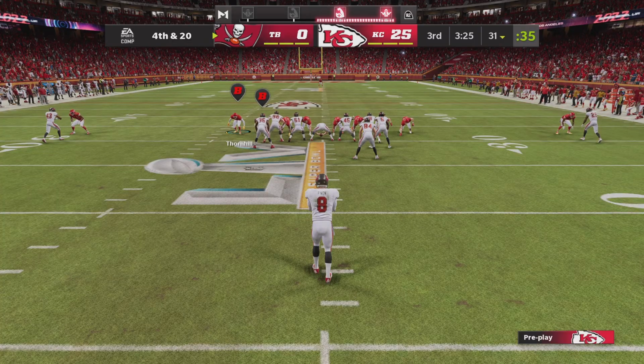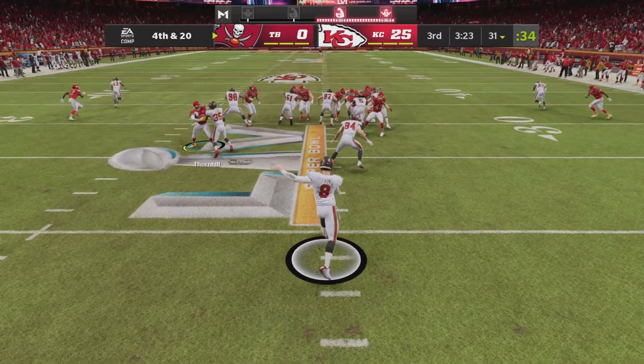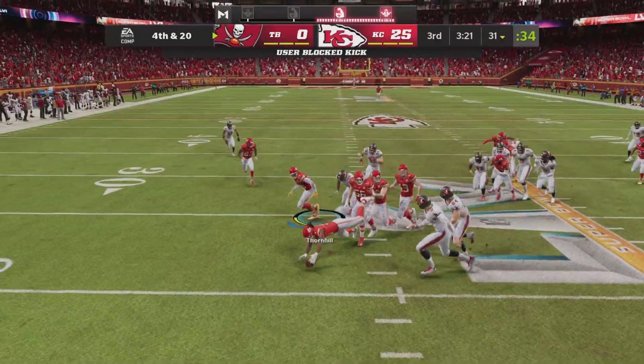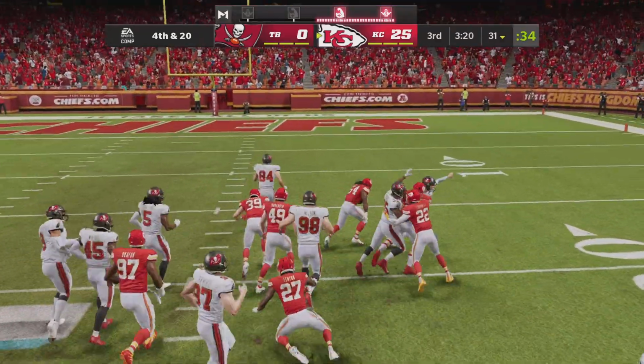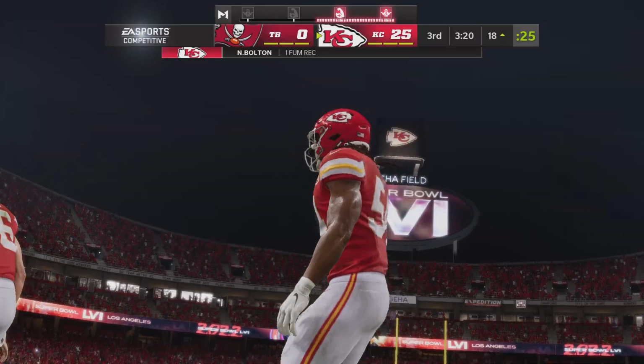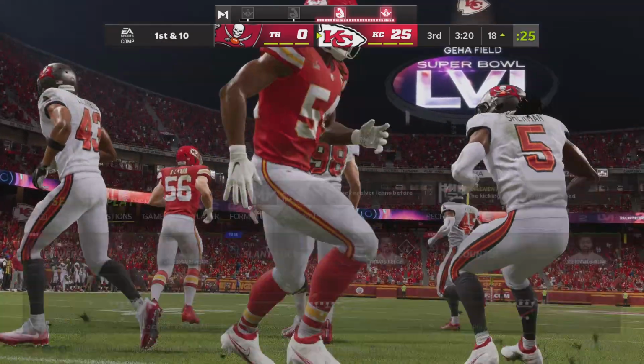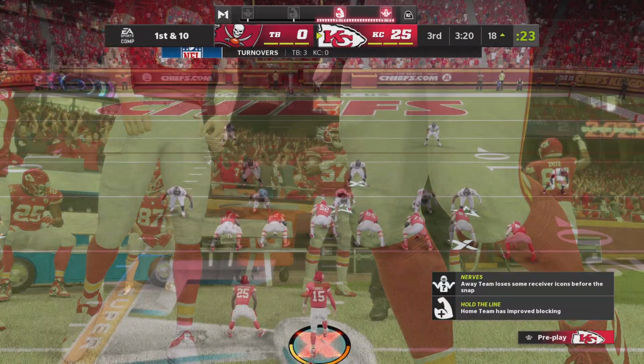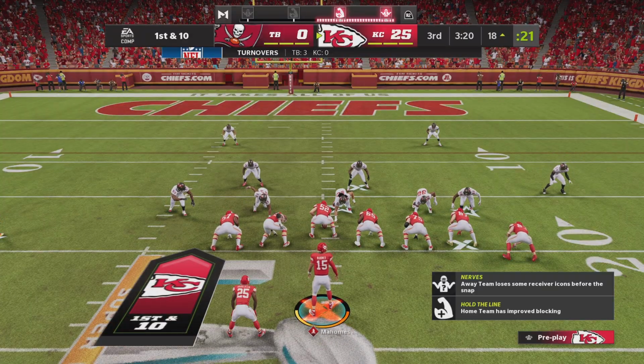Here's Bradley Pinion now. Remember, though, he did have one blocked. The Chiefs bring pressure, and they block it. It's picked up, and this is a live ball, remember. That's what I'm talking about. They'll put that block on top of the nice lead that they have, and now it's trouble here in the 3rd quarter on the other sideline.